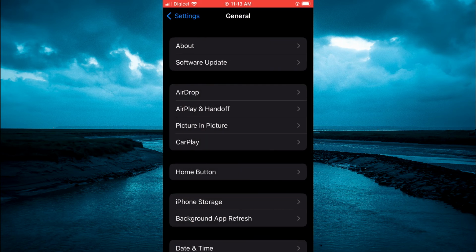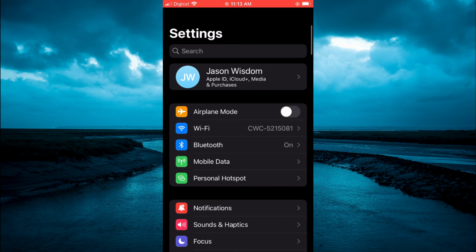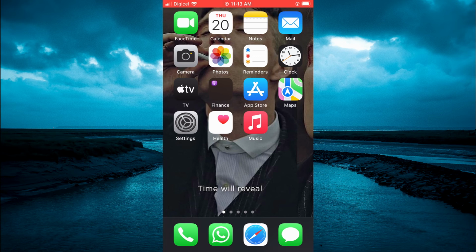If it isn't opening up, what I would recommend you do is delete the app fully and then try and reinstall the app again. So you would go into the App Store and try and reinstall the app again